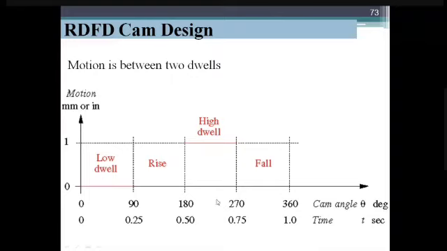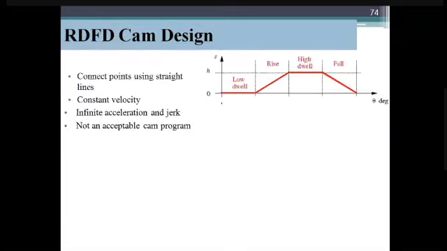So how will the low dwell and the high dwell be? There is a high dwell. Even though a dwell is the same, they have different positions. When you are at 0, there is a dwell. When you are at 1, there is also a dwell. So we need to use different names, which is called low dwell, which is called high dwell, and then fall. Okay. So rise, dwell, fall, dwell, cam design. The first one.